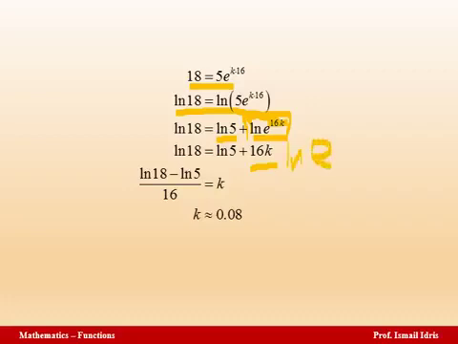And what is ln e? We know that ln e is equal to 1. So it will be removed. So we don't have anything here. Now,